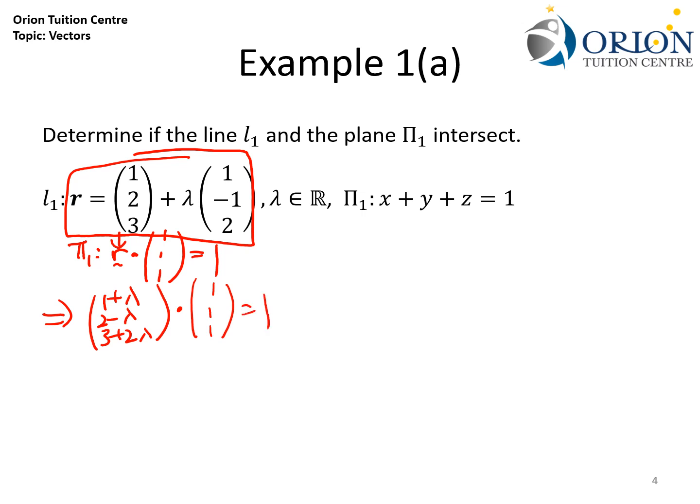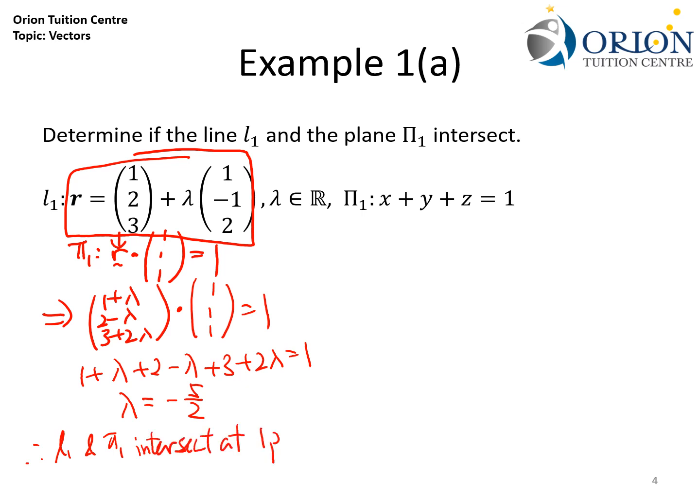If we expand this dot product, we will get 1 plus lambda plus 2 minus lambda plus 3 plus 2 lambda equals 1. And on solving, we will get a single value of lambda at -5/2. And this tells us that